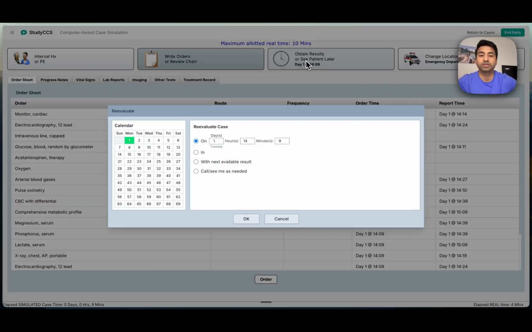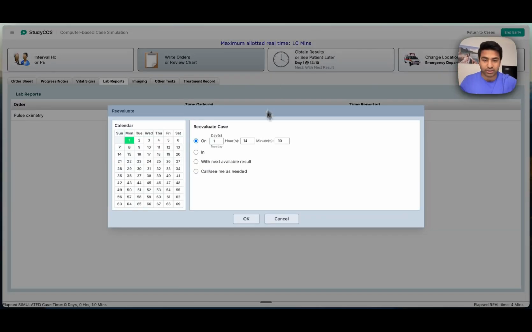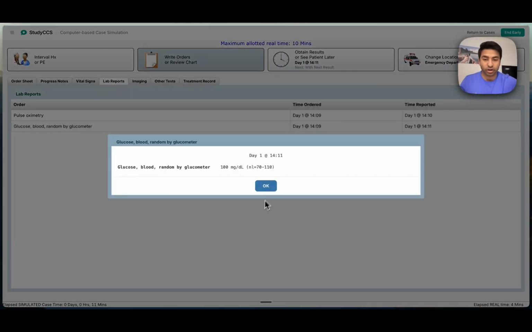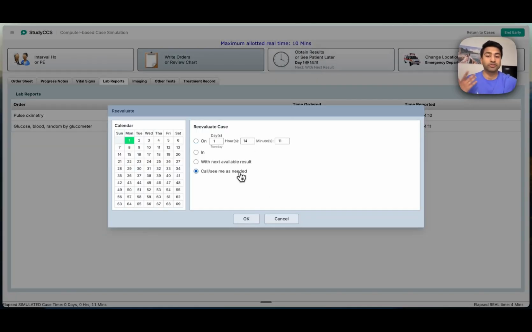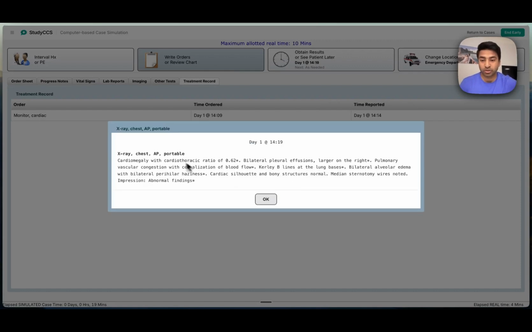All right, so let's now fast forward. In terms of fast forwarding, I used to think the big mistake was, oh, you just do it with the next available result. This is supremely slow because now you just have to keep doing this and you're wasting a lot of precious time if you just keep waiting for a result. Whereas if you do call/see me as needed, every time you get a result, you'll be able to see the result. And if that result changes management, you can then stop the timer and put in the new orders. If it doesn't change management, then you can just keep clicking through the result. So it's way faster. And so here, okay, they have large pleural